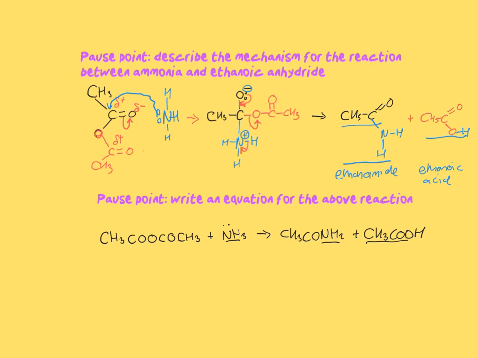The name of the mechanism that we've been describing, therefore, can be deduced by looking. Could you name the mechanism? Rather than try and remember the name of mechanisms, look at the species that's attacking, which we know is a nucleophile. The first point is addition, because where there were 3 groups, here there are now 4. So it's a nucleophilic addition. However, in the second step, a small molecule is pushed out. So we call this mechanism